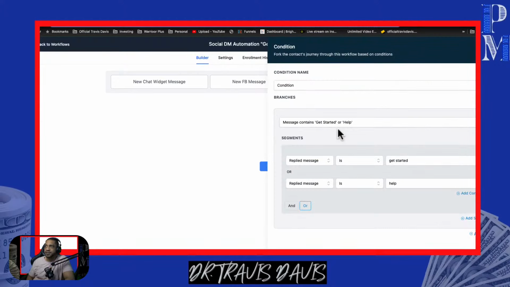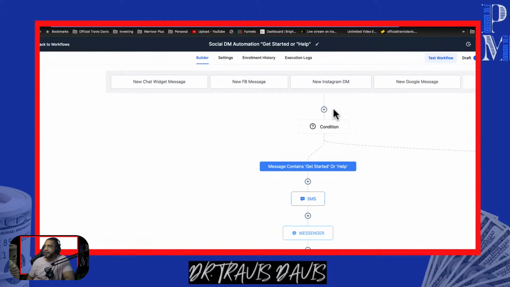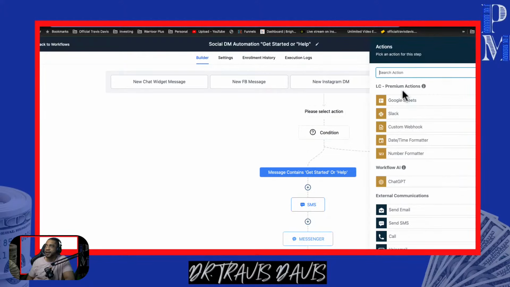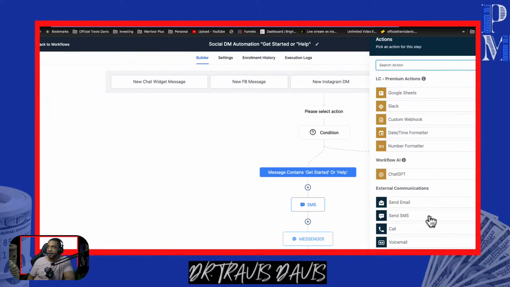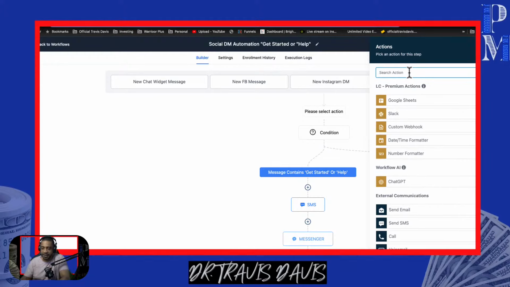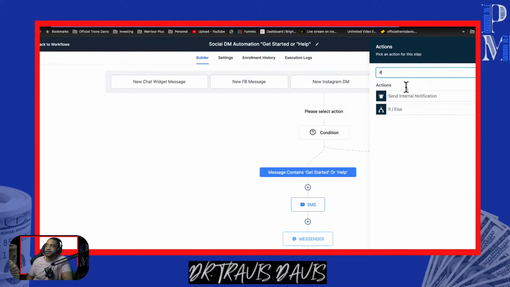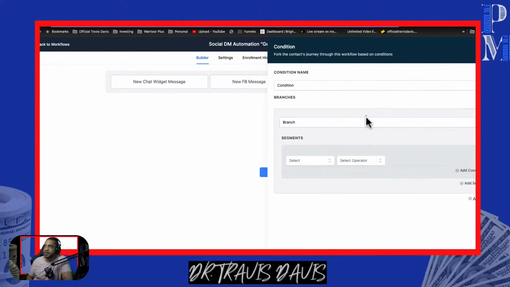And then we went down to the conditions. What do we do? If I come right here, let me hit this plus sign. Here's all the different things that you could do. Okay. Well, I wanted to set a condition. A condition is always an if else statement, right? So I typed the if else, I got the condition. I said, hey, the condition happens when a customer replies. Again, you can set up all types of different conditions. I chose customer replied.